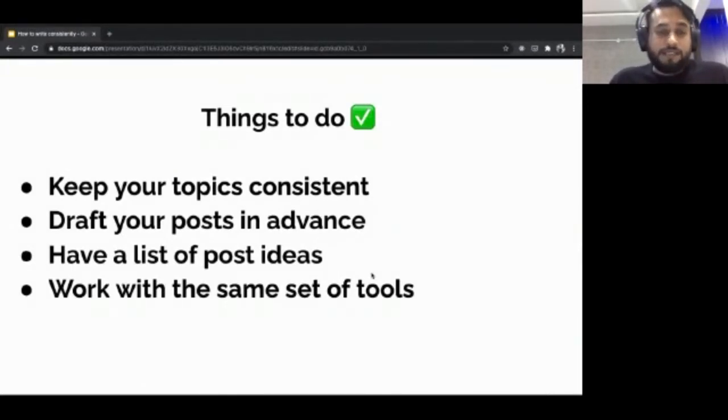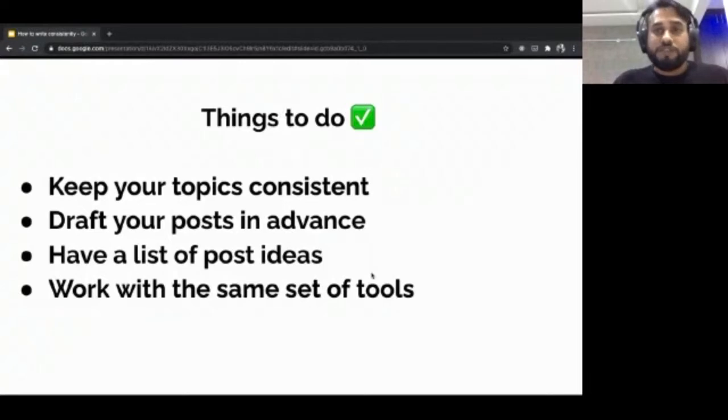Another example: write your blog post in the language, the editor you know, and the format you prefer. I prefer Markdown, and one advantage Markdown gives you is that when you're sharing your blog post on a community platform like Hashnode or Dev.to, they both support Markdown formats, so you don't have to go through converting those posts into some different markup and then publishing them.